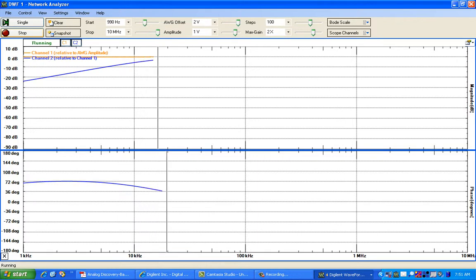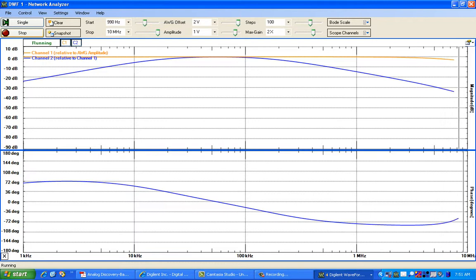You can see here the tool is capturing the frequency response curve of your LC bandpass filter, and at the same time by making use of the cursors you can identify the lower cutoff frequency as well as the higher cutoff frequency from the Bode plot over here. So in this way, within no time, the Analog Discovery kit along with WaveForms software gives you an opportunity to capture the frequency response of an analog circuit with ease.